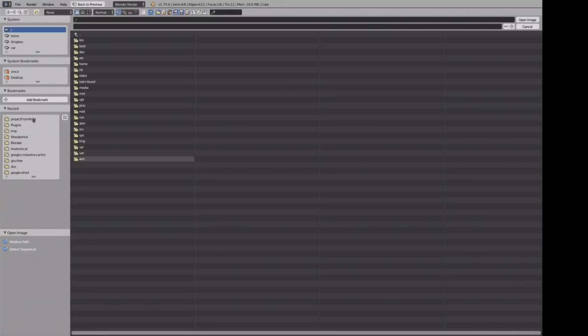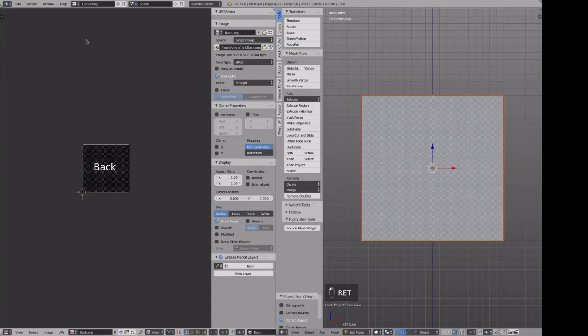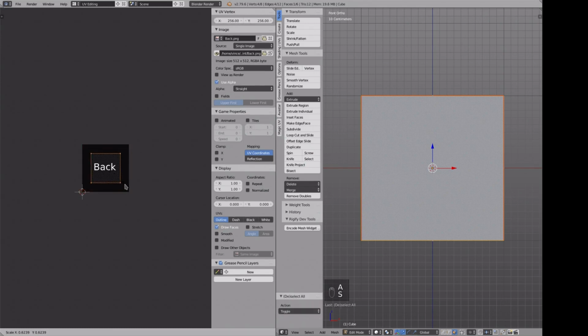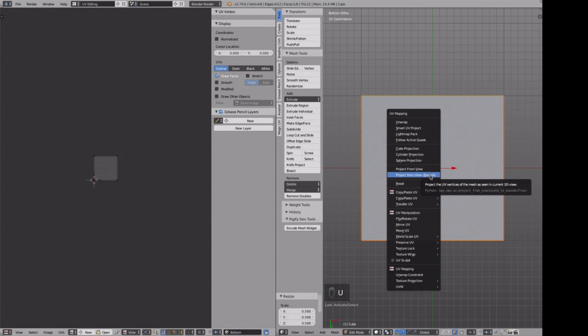And now, these would be the images that you took of the real life object that you wanted to project onto it. And I could go through and do some scaling and move the UV lines around and get them centered and all that, but just for this demo, we're not going to mess with that, just to get the process done. So go to bottom, select it, unwrap it,